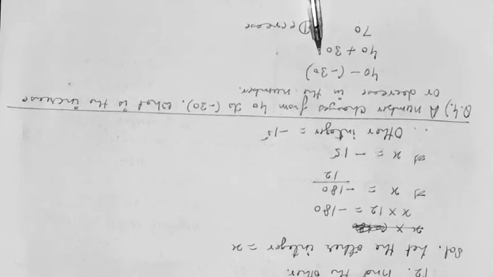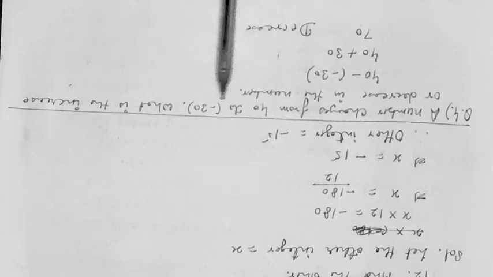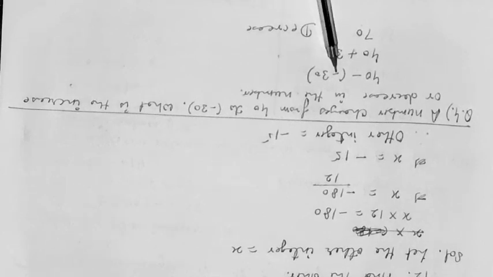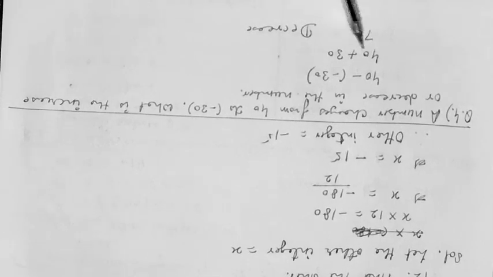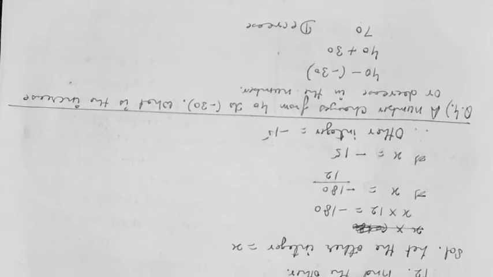So here in this particular question, the number changes from 40 to minus 30. How much change is there? To find that, we subtract the numbers, and outside the bracket we have a negative sign, so the inside sign changes to plus. 40 plus 30 is 70. Now we have to see whether it is increase or decrease. Because the sign of the number changes to negative, there is a decrease.